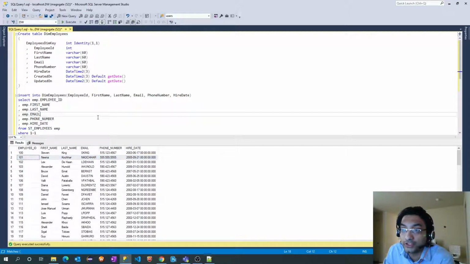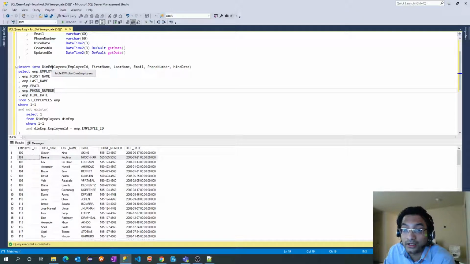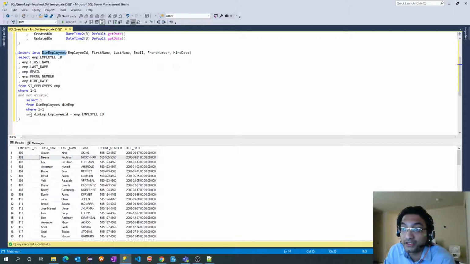What eventually is going to happen is we are going to store this data into the employees dimension table. And if any change happens to this particular employee, let's say the name or the hire date got changed, what will happen? That particular record with the new hire date will never get inserted into the employees dimension table, the reason being we are validating only with the employee ID.